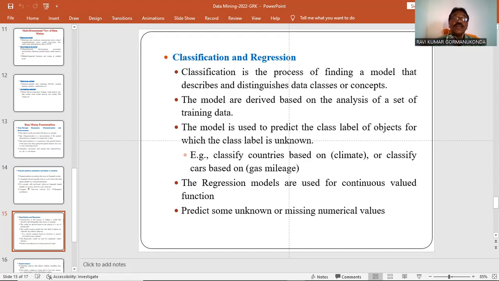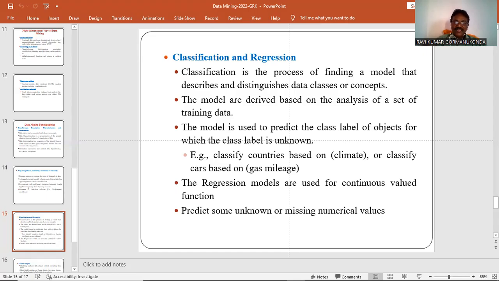One more thing is regression. Regression is also like classification, but regression is used for continuous numerical data, whereas classification is used for categorical data to distinguish classes. The regression model is called a prediction model, and it predicts some unknown or missing numerical value. For example, suppose data is given on a person's age and height, and some people's height is missing. Then it is appropriate to construct a linear regression model.